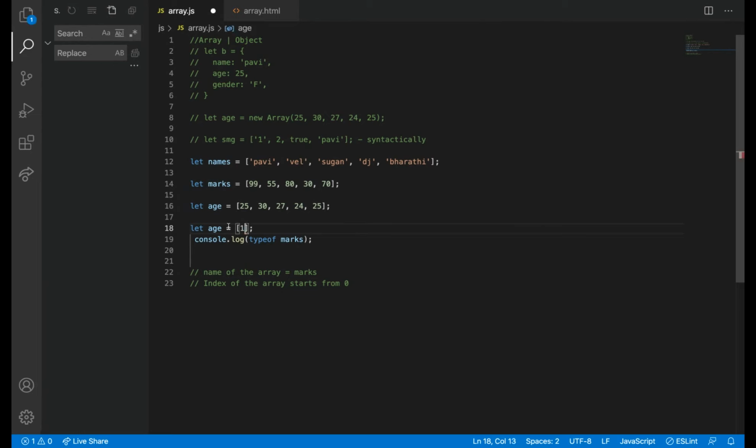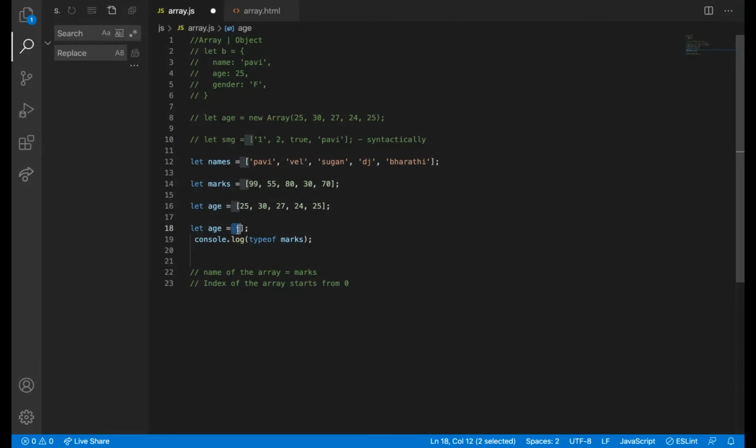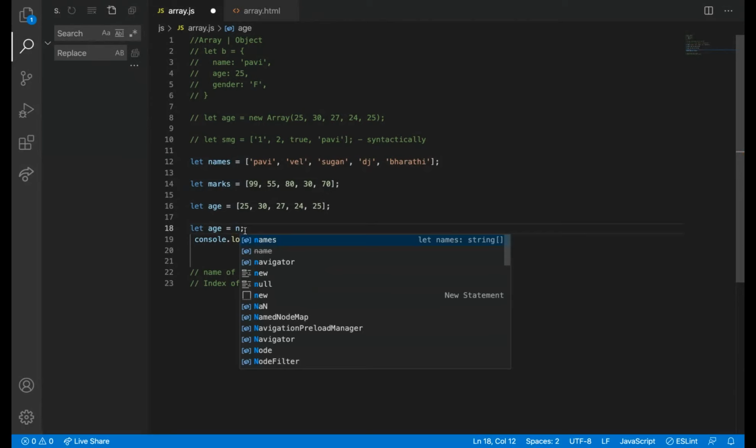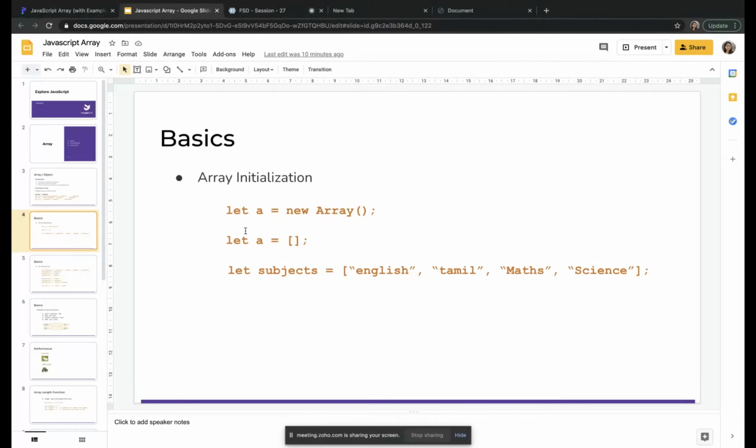Initialization is just initializing an array with some values. An empty array also we can give. This is an empty array. And also with new Array, we can just use new Array. It will initialize it as an empty array. Fine.